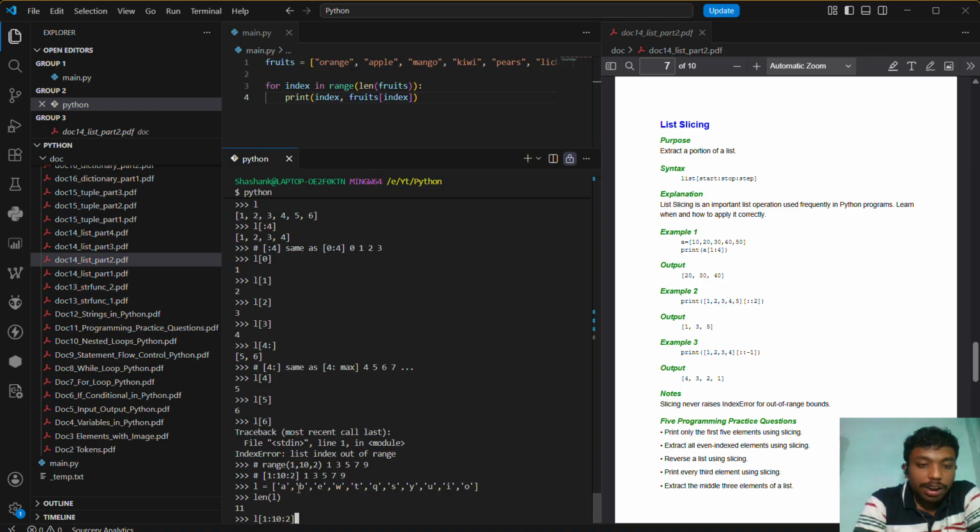You can check at list index 0 we have A, but at index 1 we have B, at index 3 we have W, at index 5 we have Q, at index 7 we have Y, and at index 9 we have I. So we are going to get the output B, W, Q, Y, I as a list. If I run this,